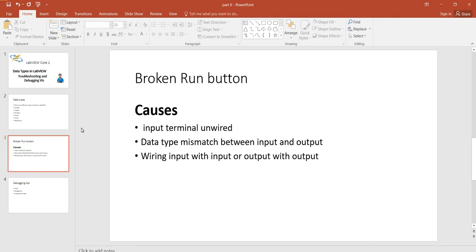Most of the time when you will be developing your VIs in LabVIEW, you will see that your run button is broken. Now your run button may look broken due to multiple reasons. First of all, these are some of the causes. There can be other causes as well. So the first cause that is written is the input terminal unwired,